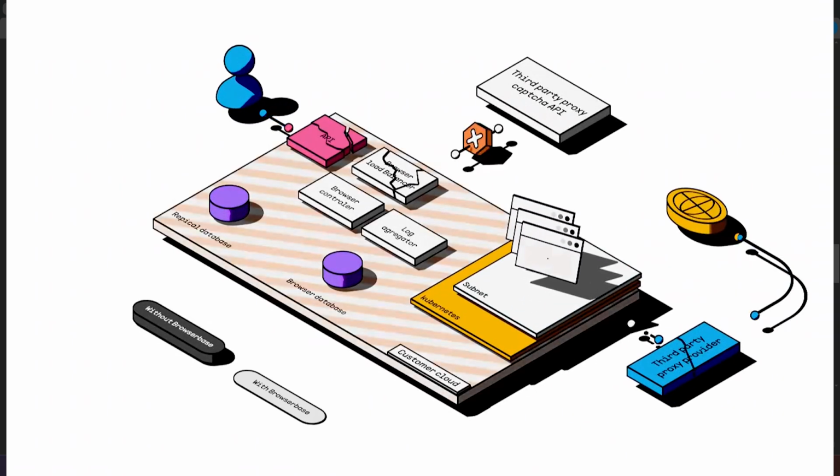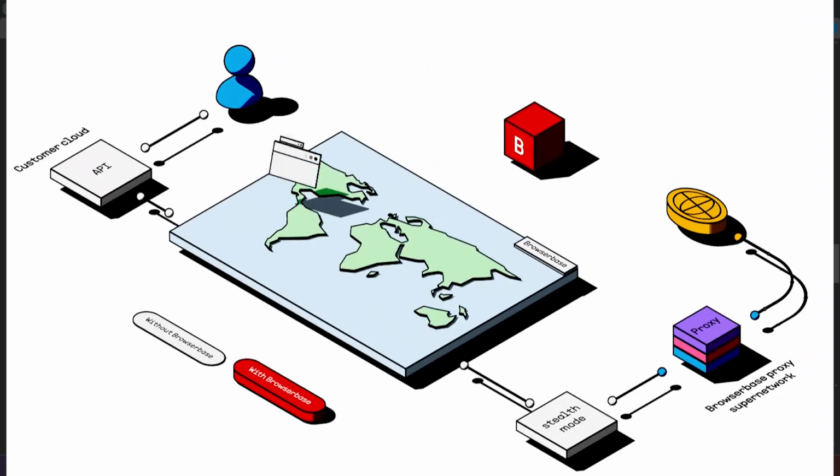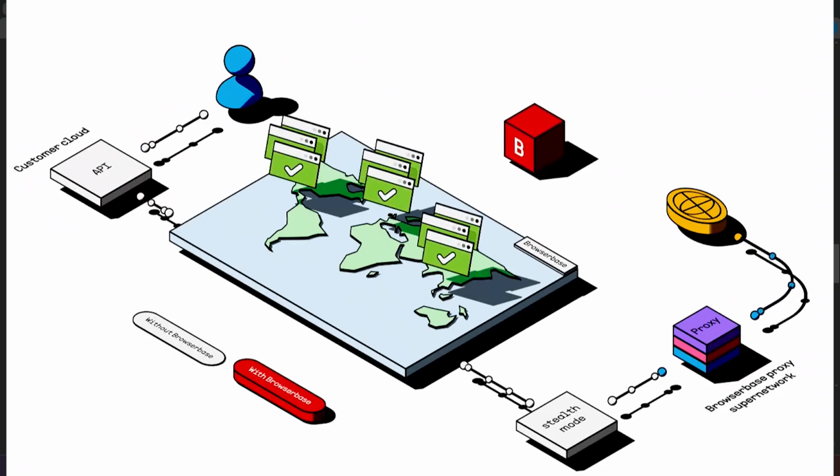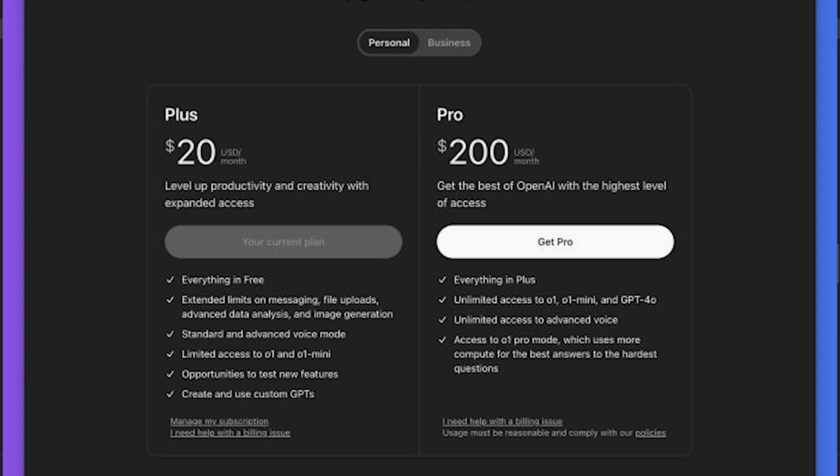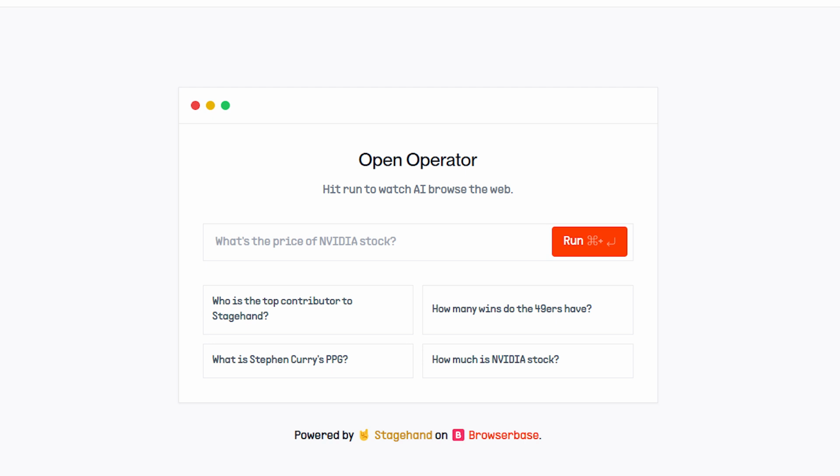If you have been keeping up with the latest AI, you might have heard about OpenAI Operator and their new Pro billing plan, which gives you access to GPT-4, voice features, and more. But let's be real, not everyone has $200 per month. Well, today I'm going to introduce you to an exciting free open source alternative called Open Operator, powered by Stagehand